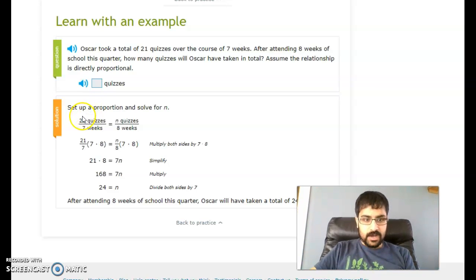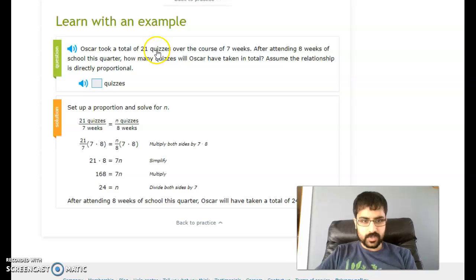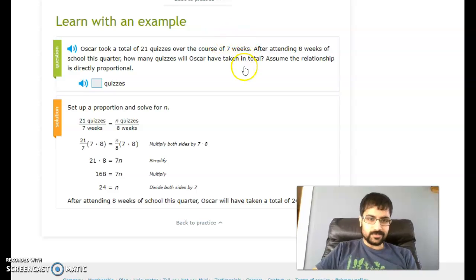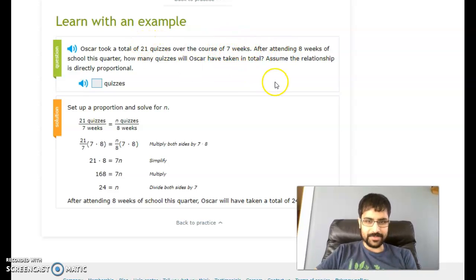But I notice here that it has a step for what I do with the numbers in the problem. So in the example, which it'll even read aloud to me: Oscar took a total of 21 quizzes over the course of 7 weeks. After attending 8 weeks of school this quarter, how many quizzes will Oscar have taken in total, assuming the relationship is directly proportional? Now, this is a little too soon to be thinking about how many weeks we've attended this quarter,